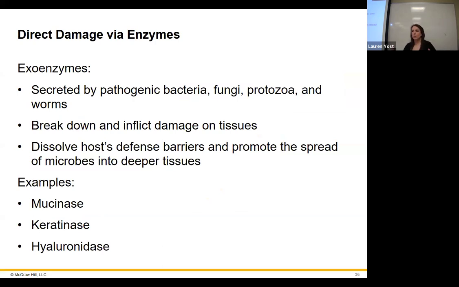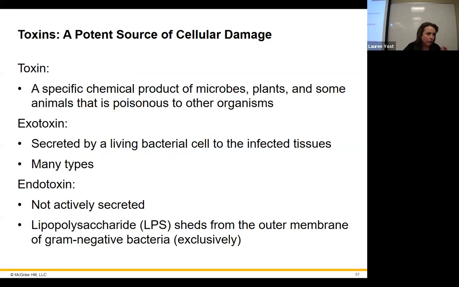All right, so our enzymes that we could be making to get into and out of these cells. Exoenzymes like the ones we're talking about, the collagenase, that was one of them. But down here we have mucinase, breaking down mucus, keratinase, breaking down keratin. A lot of people think of the hair, but the surface of your skin cells is covered in keratin. And then hyaluronidase, and I'm sure you've heard of hyaluronic acid, at least probably the ladies have. It's involved in moisturizing. It carries quite a lot of water, associates with water quite well, but it's also part of your extracellular matrix. So if you break that down, that's just a way for them to get deeper inside of you, okay?